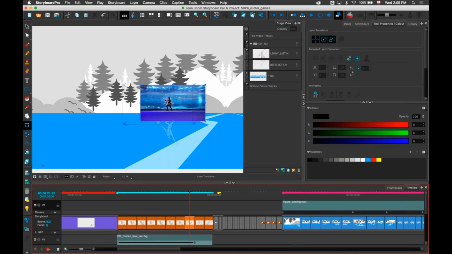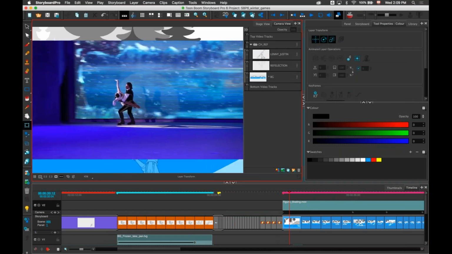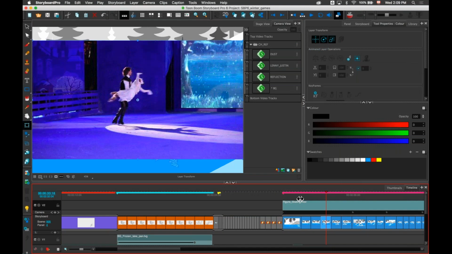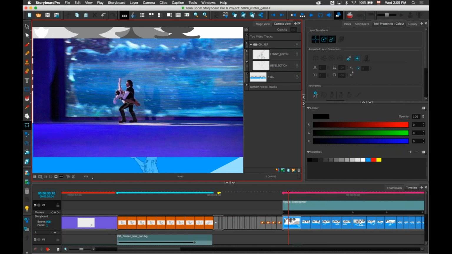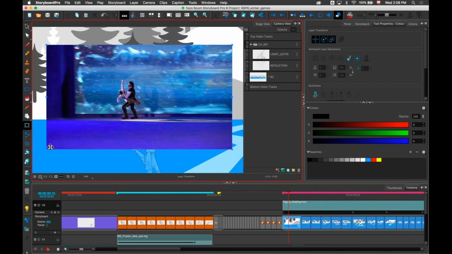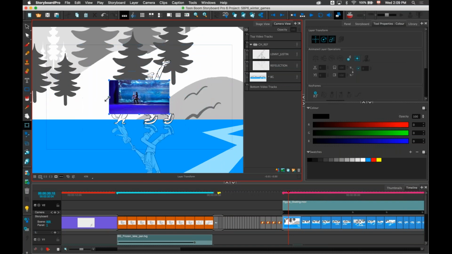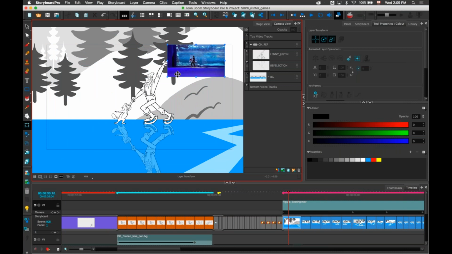I will move this movie to where I actually want to use this. So this is the figure skating. I'll use my camera view. It's going to be easier to see. So now I've imported a movie, and the movie spans across multiple panels. And I just want to use this as a reference for timing and for posing my actions in my storyboard. So I will take my transform tool. I will make this smaller because I just wanted to use it as a reference.